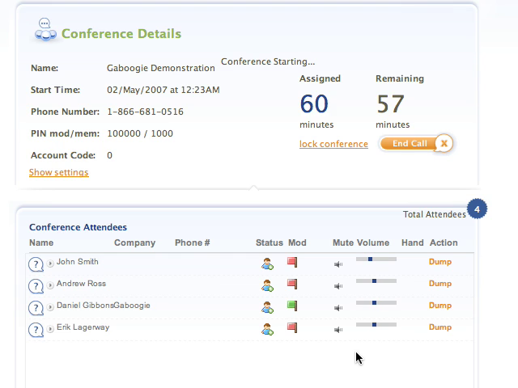presses 9 on the phone's keypad, you'll see next to their name a hand raise icon displays, and in this case the Andrew Ross caller has pressed 9 on his phone. The hand raise icon is showing for me as the moderator. Clicking on this hand raise icon will create a private conversation just between me and that individual. So if I click on the hand raise icon like that,